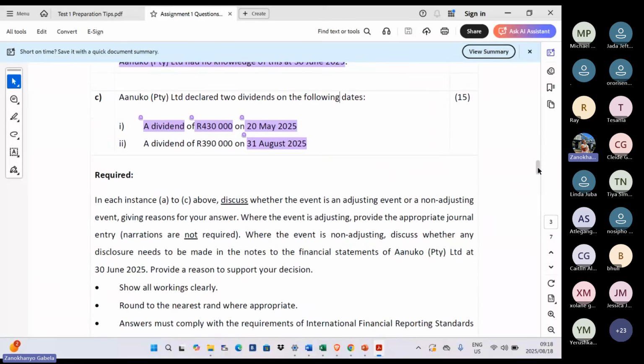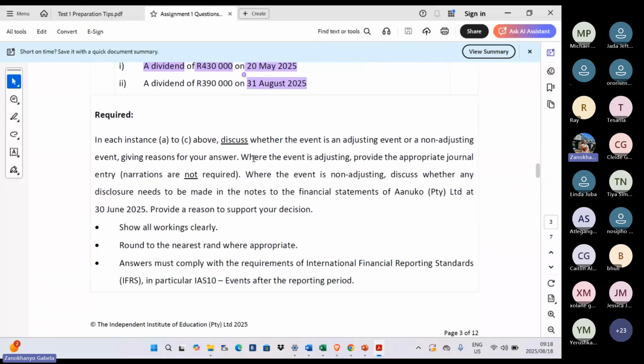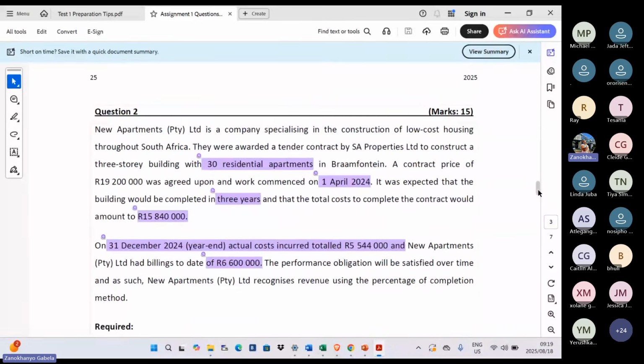Perfect. Just check if we've answered all the questions. In each instance, discuss whether the event is an adjusting event or non-adjusting event. We just did that part. Whether the event is adjusting, provide the appropriate journals. We just did that as well. Whether the event is non-adjusting, discuss whether the disclosure needs to be made. Yes, we did that in the last part where we said non-adjusting, and we did say that disclosure should be made. And then it says, provide a reason to support a decision, and we've been providing the reasons as well. Okay, perfect. I'm going to go to question number 2, but before I do, I'm going to go